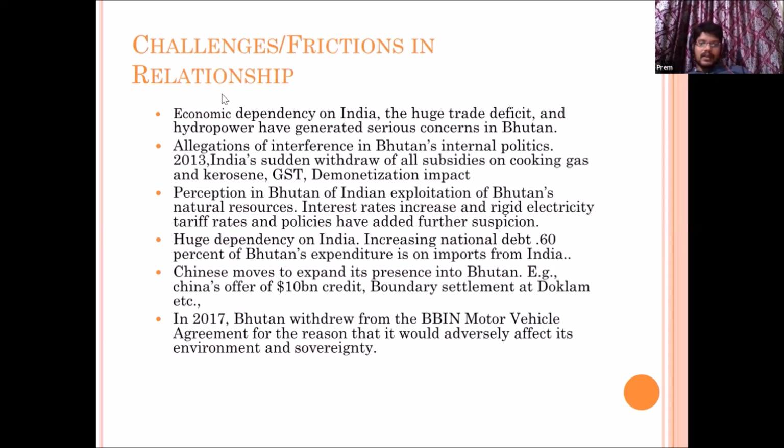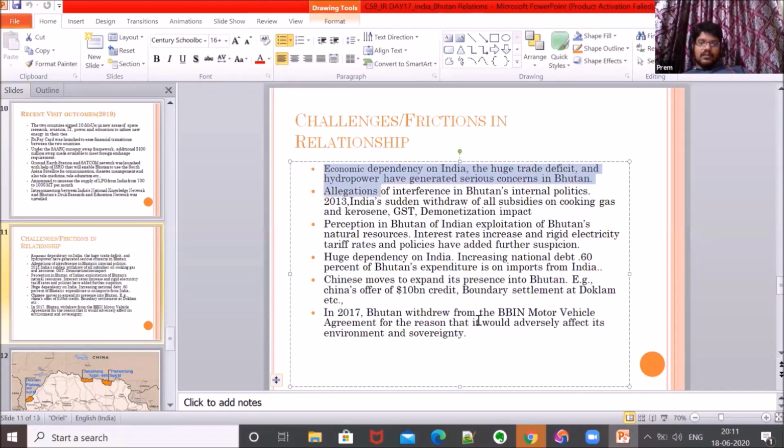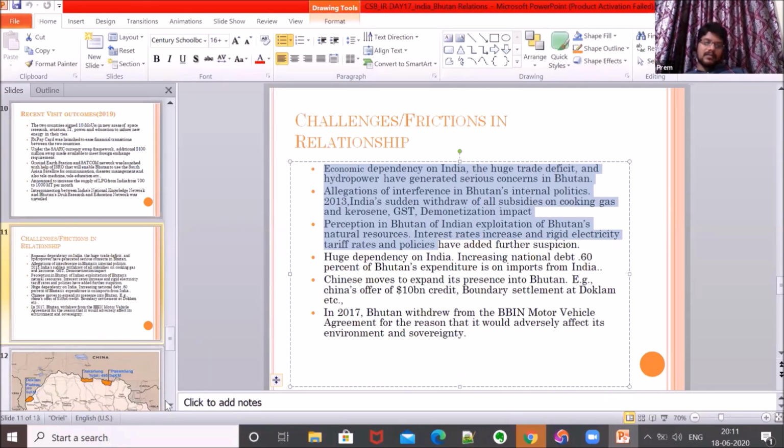Now we'll see very quickly what the issues are. Probably we'll stop here with the issues. There is only one more slide. If we are unable to complete it, or if we stop somewhere here at 8:15, we'll continue the rest of the slides with Sri Lanka. It will not take more than 5-10 minutes. So the rest of the 1-2 slides will continue with India-Sri Lanka.